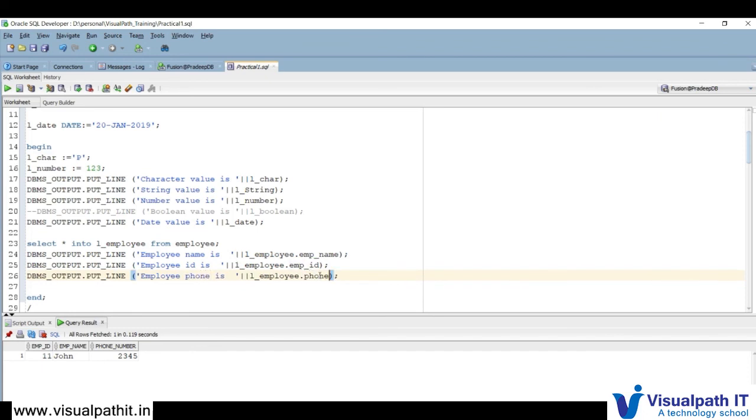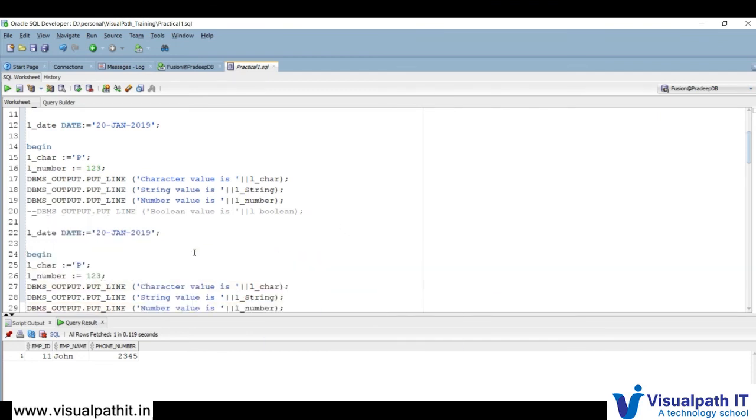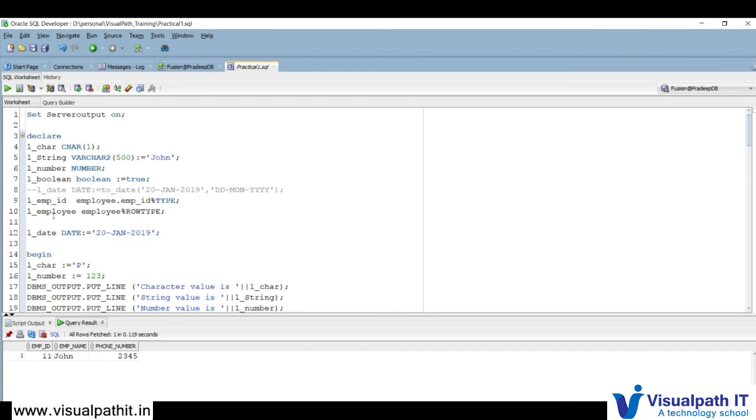This row type is also a collection type variable, because it collects the entire row in a single variable.